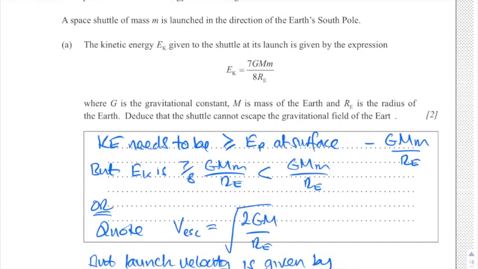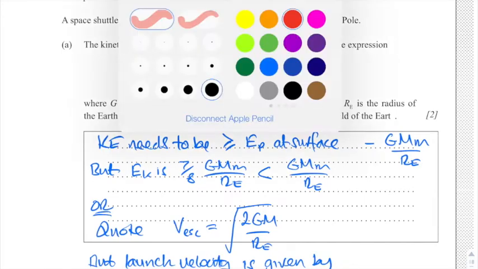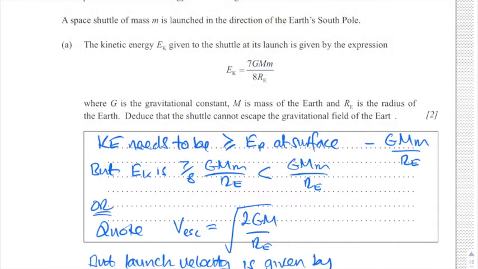Right then, question 9 here is talking about the energy of an orbiting satellite. This is where we're dealing with a radial field rather than a uniform field. So we're talking about the more complex side of gravitation. We have to use expressions that are given in the data booklet to help us get where we need to get to. First question here is dealing with a shuttle of mass m that is launched in the direction of